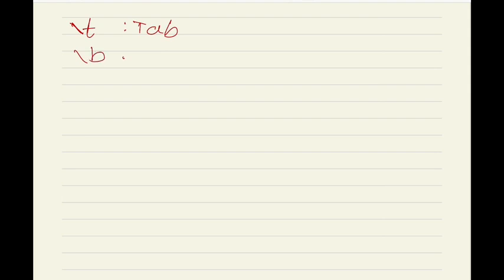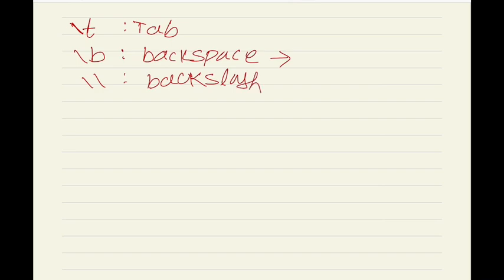Similarly, another escape sequence is backspace, or \b. Its purpose is to move the cursor 1 space to the left. Then another one is double backslash, so it prints the backslash character.